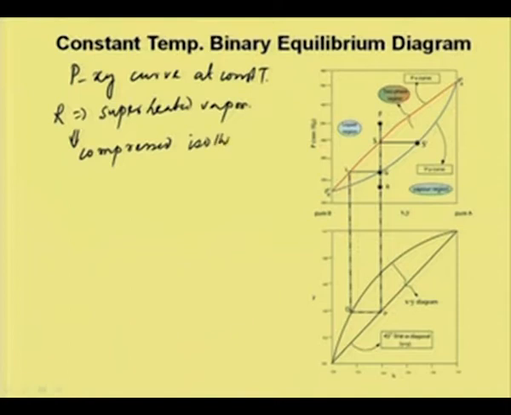Isothermally, the vapor will start condensing and it reaches the point at point G, where the first drop of liquid will form at point G and we will have the composition at L. Now, if we further compress, more vapor condenses and the composition of the accumulated condensate liquid changes along Ls.